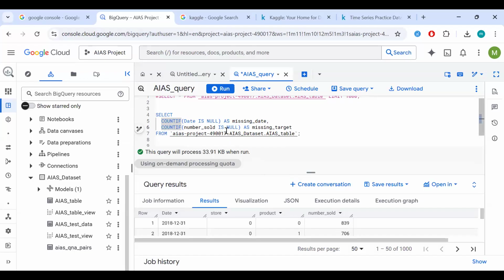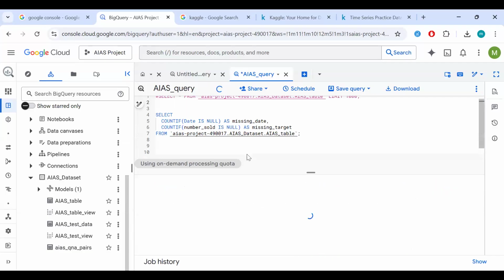So if we have any rows that is null, create a new column and call it missing target, right? And then we say select these columns, and we'll define it as this from our data table. So this is our project, our data set, and our table. Now, if I run this, we should see if we have any missing values or not in our data set.